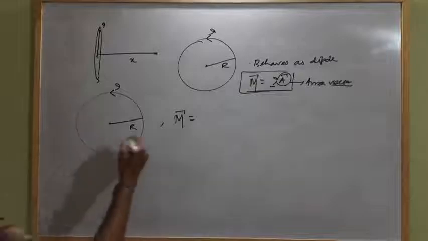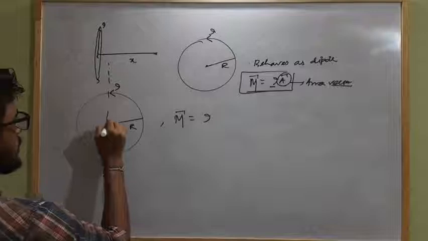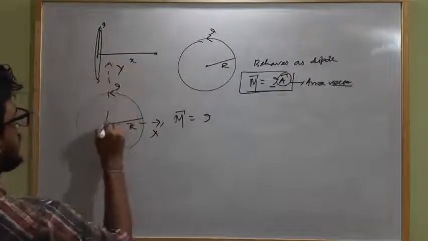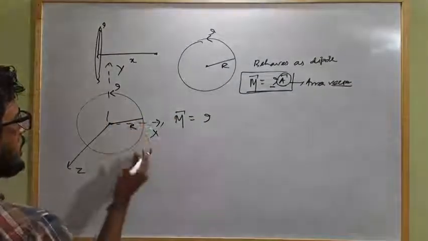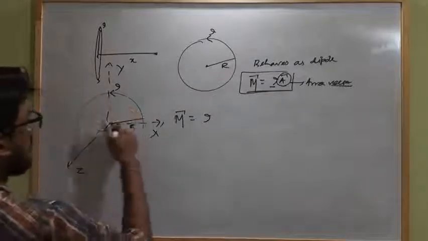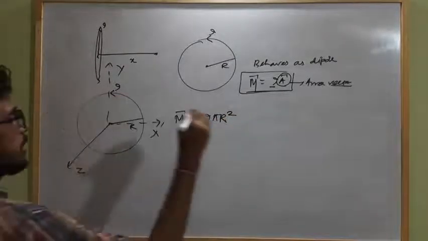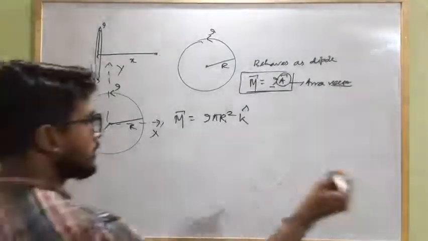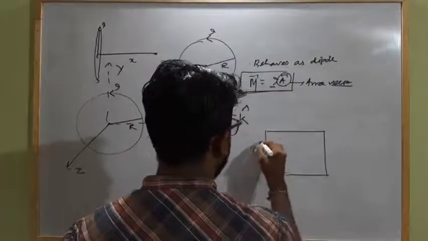As you know, the current flowing through this coil will be I, and the area will be how much? Let us imagine the axes. This is the x axis, this is the y axis, this is the z axis. So M is I, the current flowing, and the area will be along this outward direction. So the area of the circle will be pi r square, and the direction will be along the plus z axis, k cap. Clear? Similarly, here is a coil of side A.